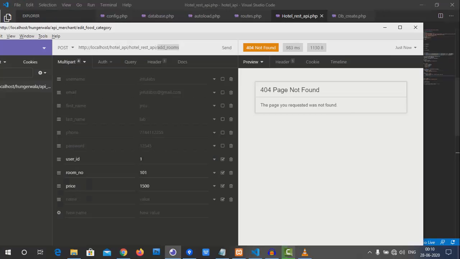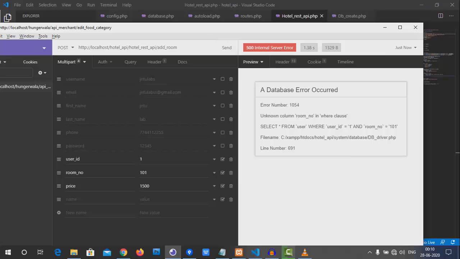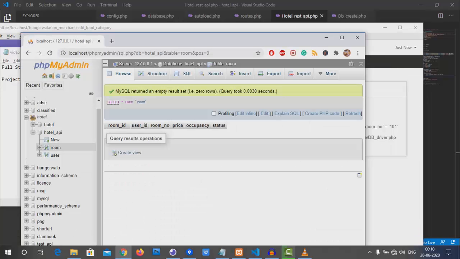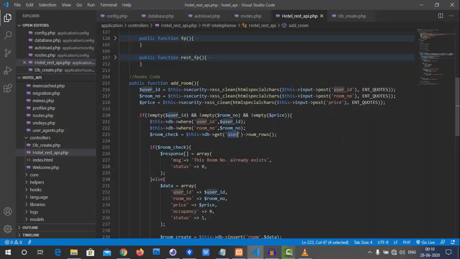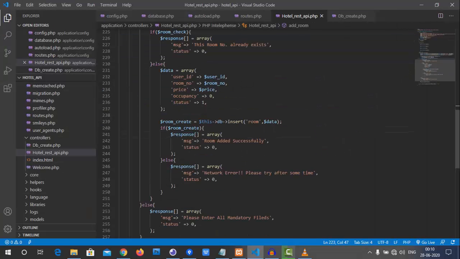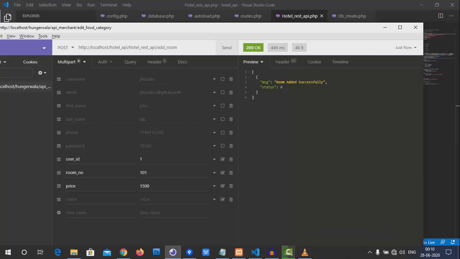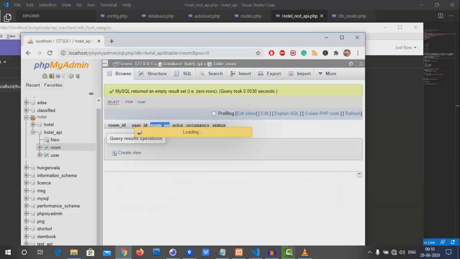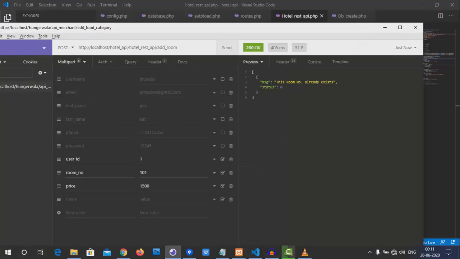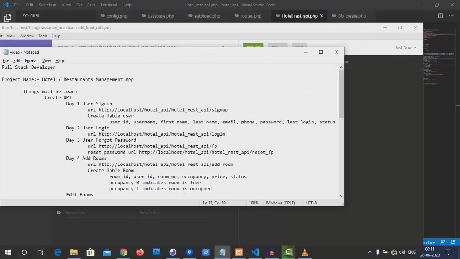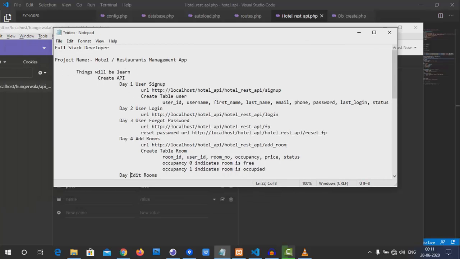Here we have re-entered all. Hope it works good, we got the 404 error. Here hotel was misspelled. Here you go within the data again, because room number is in the where clause, already used from room. That's the reason for copy pasting the code also. Room added successfully. So if I want to add the same room right now, it shows me an error telling that I added the room number again. So right now this code is perfect, and I hope the day 4 video has been a success.